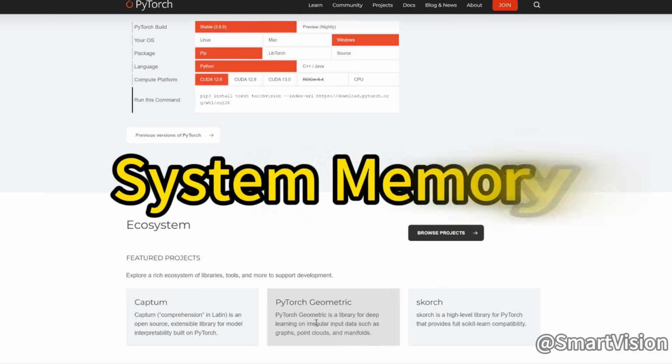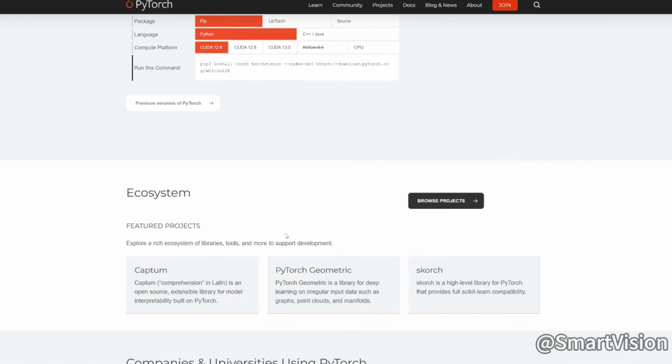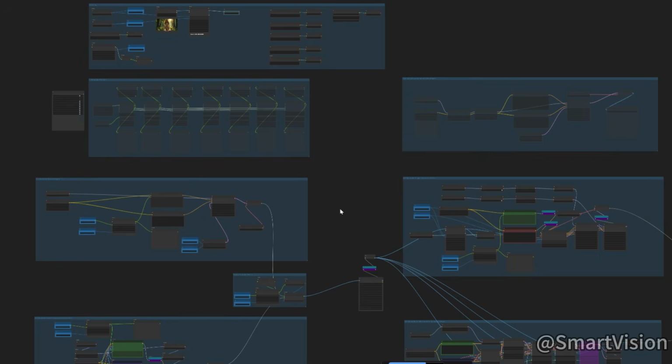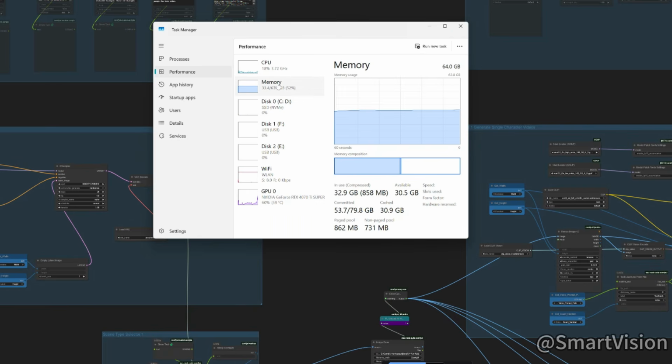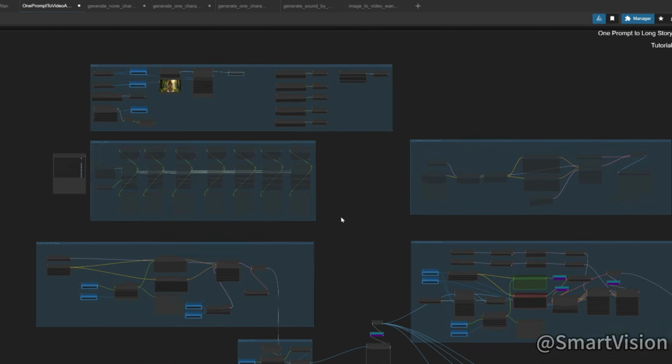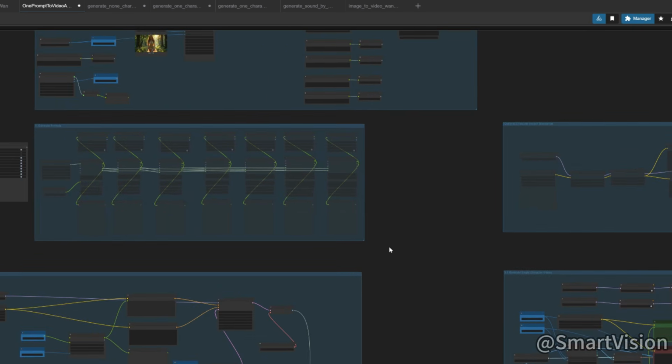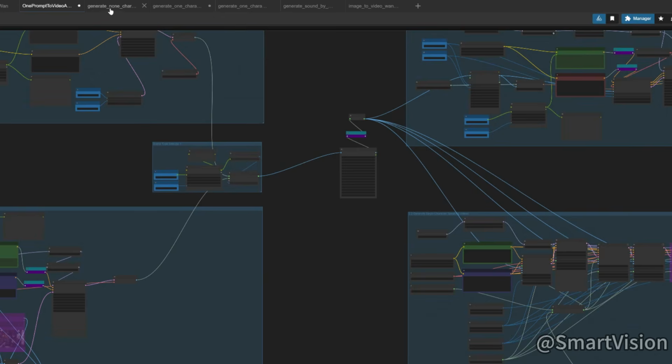A large workflow, internally within ComfyUI, is treated as a single inference process. Therefore, system memory and VRAM are released only after the entire run is complete. However, our PCs often crash due to OOM before the run even finishes. The solution: workflow segmentation. To solve this, I devised a method: segmenting one large workflow into multiple smaller workflows and